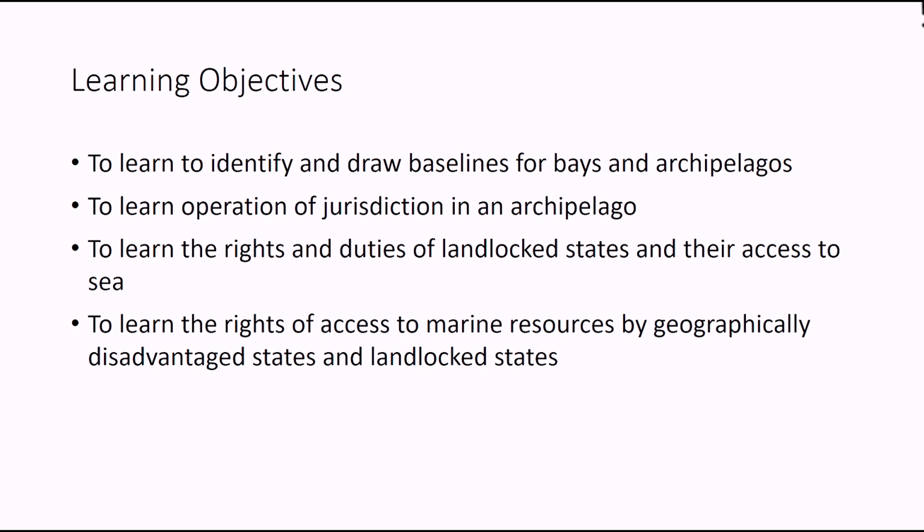What is an archipelago? A cluster of islands is known as an archipelago. Different islands situated near to each other can form an archipelago. What is a bay? An indentation which may be in the shape of a curvature, which is concave in nature and forms a sea, which may be having a closed opening.